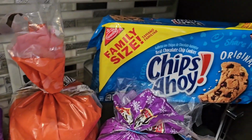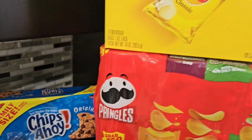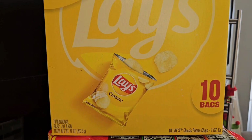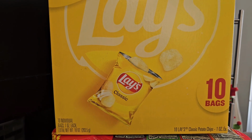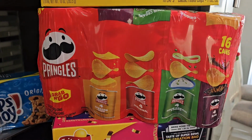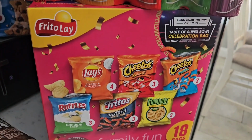We had to pick up some snacks, so we got a package of Chips Ahoy cookies, and up here we have a box of the Lay's potato chips. These are the miniature bags, 10 bags inside this box. We also have a package of Pringles. It's 16 cans in here, and we also